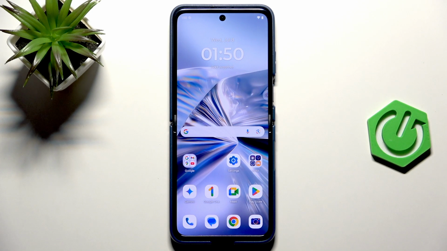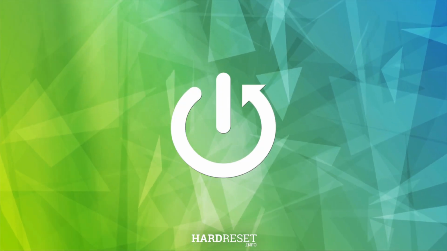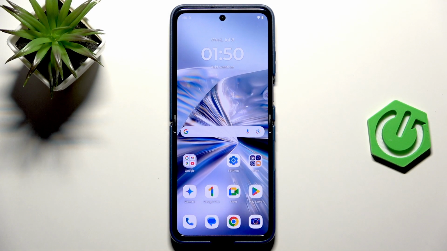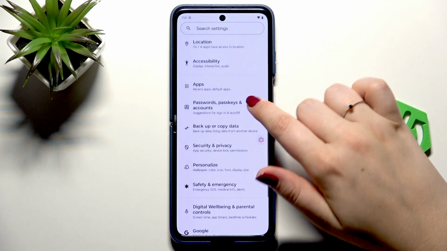Hi everyone, in front of me I've got Razr 60 and let me share with you how to activate automatic software updates on this device. So let's begin with opening the settings, and here we need to scroll down and find